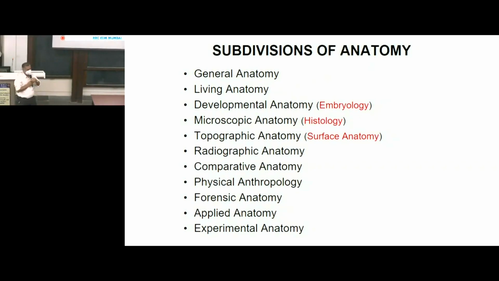Next is microscopic, as I said. So we require some aid to magnify the structures and look at the structure of that particular cell or tissue. So study of anatomy using a microscope is called microscopic anatomy, and in bracket we have said histology. Microscopic anatomy is a wider term, larger term, because we study intricacies, ultrastructure of cells. So cell organelles can be studied. With the light microscope that we will be using to study, we can see only the outline of the cells, features of the cells, and groups of cells, that is tissues and intercellular substance.